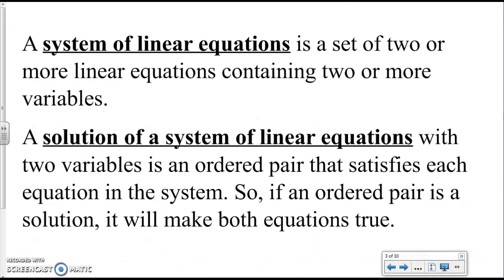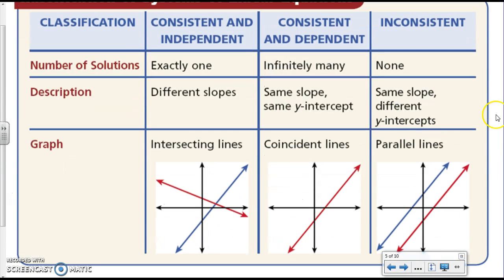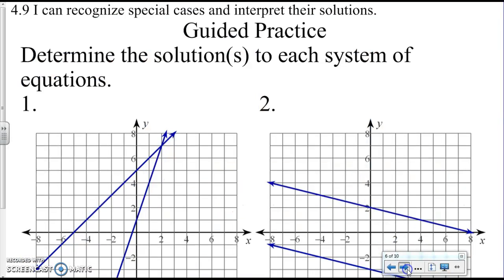Just to review, a system of linear equations is a set of two or more equations containing two or more variables. In Algebra 1, we do two equations with two variables. That's it. A solution is the point where the lines cross, so your answer should always be an ordered pair. Special cases here, remember we have three cases. We have exactly one solution, which is the point where they cross. If it's the same line twice, it ends up being infinitely many solutions. And if they're parallel, they never cross, so you have no solution. Okay, so I'm going to go ahead and skip ahead